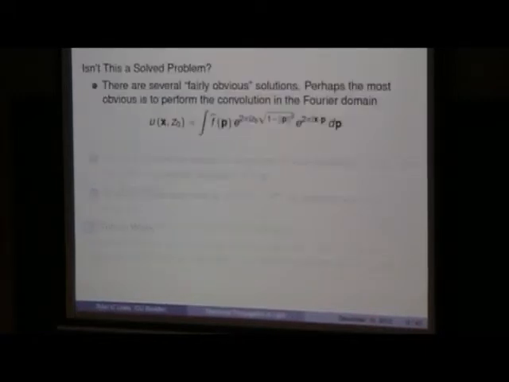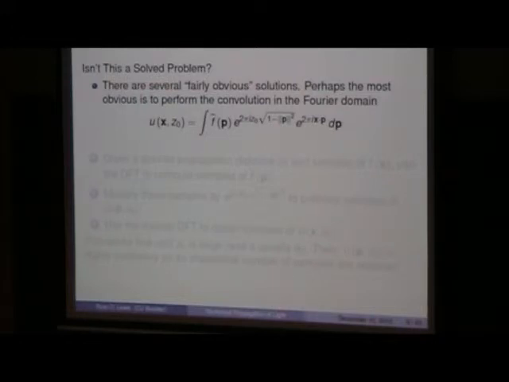So I've talked about this a little bit before at a poster session, and the almost universal response is, isn't this a solved problem? So I need to address that right off the bat. And it's a reasonable response because there's a few fairly obvious methods for trying to solve it. Probably the first thing that would pop into your head is to